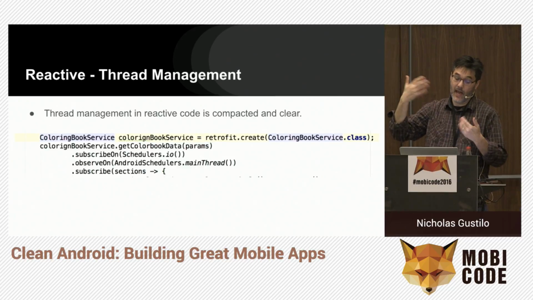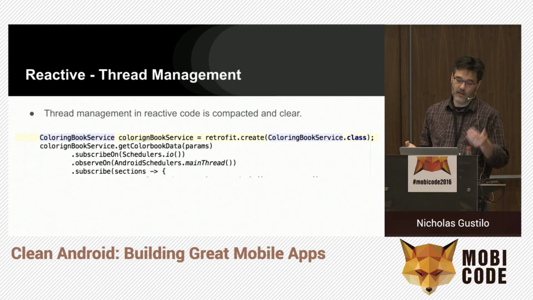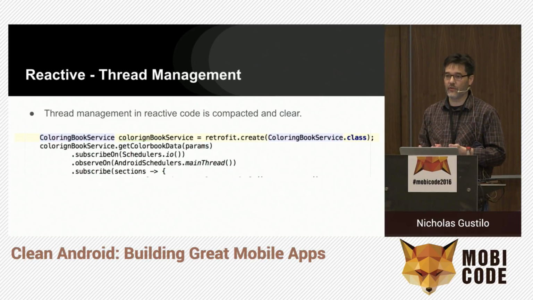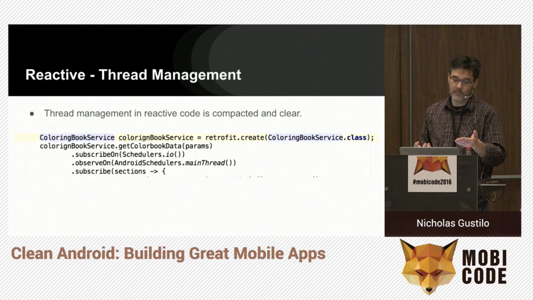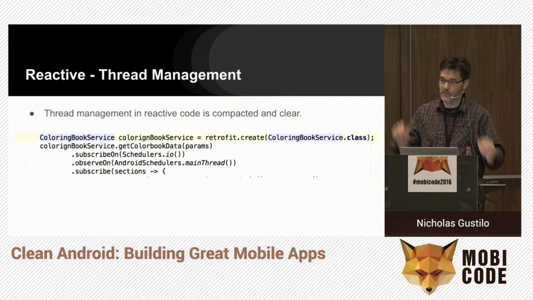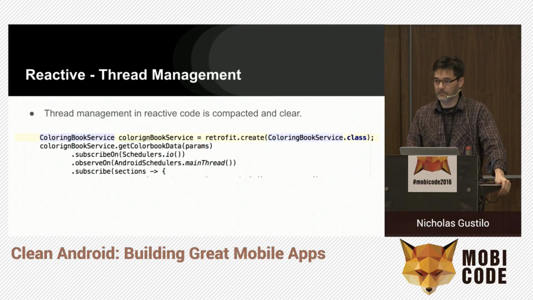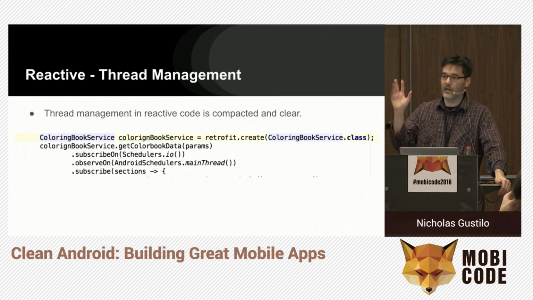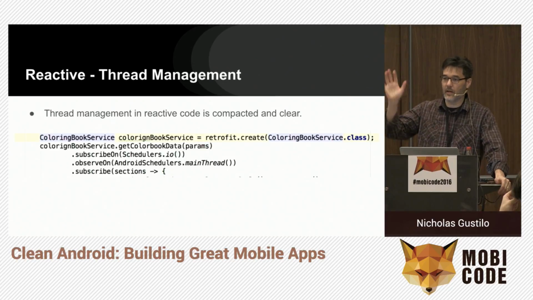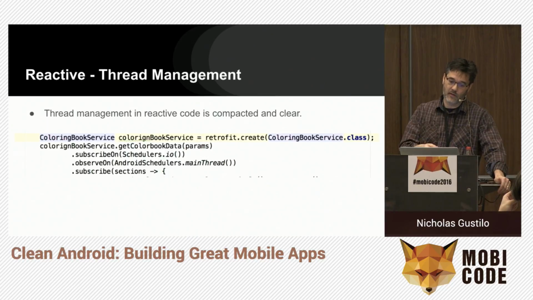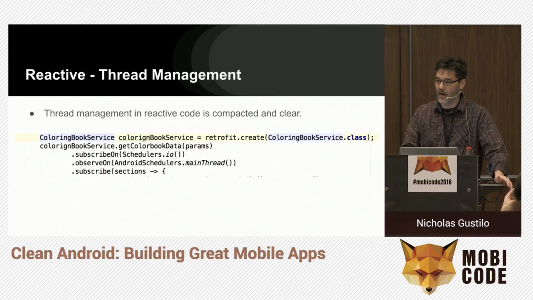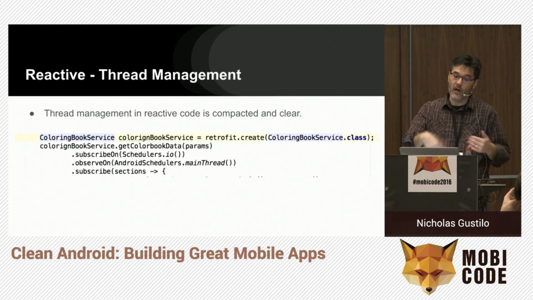But then we added 2 lines of code, subscribe on and observe on. And this basically handles your threading for you. So we're saying, and we can specify this, in this case, we're going to subscribe on the scheduler's IO thread, which is a thread pool, when we're subscribing. And we're going to observe on the main thread. So all we have to do is add these 2 lines of code, and we can basically manage our threading as we're communicating with the server. This is very straightforward, very elegant, very easy to change, right? We can just switch threading at any time with one little line of code change, and the threading of our app changes. Compared to those other techniques,